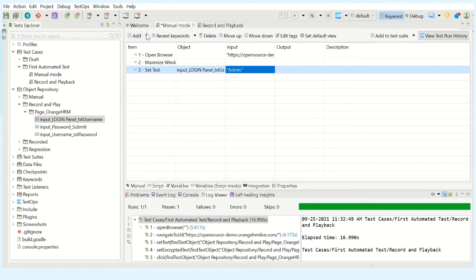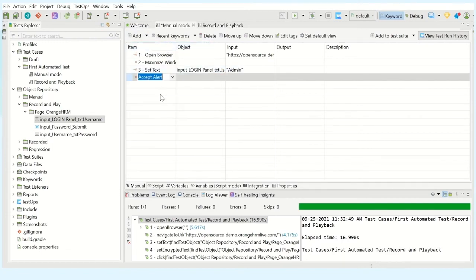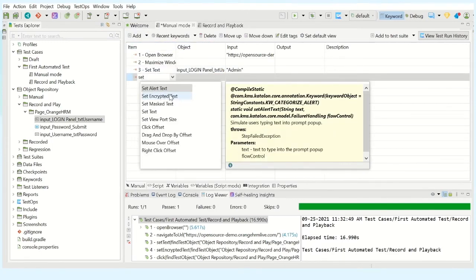Now the next step, enter the password. So here you see set alert text, set text, set encrypted text. This is going to be the most suitable one. You can use set text also to set the password. This is the beautiful feature in Katalon Studio, which will pass the encrypted value of the password.